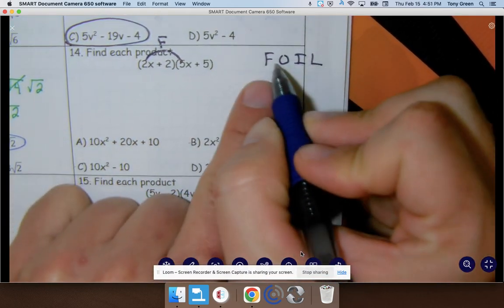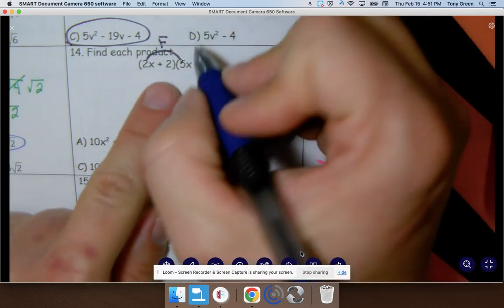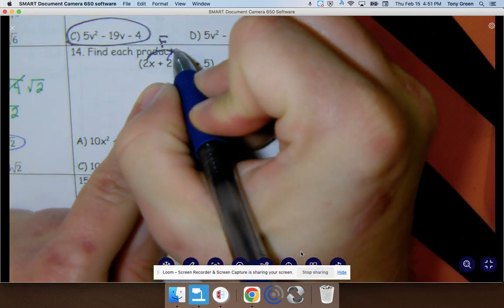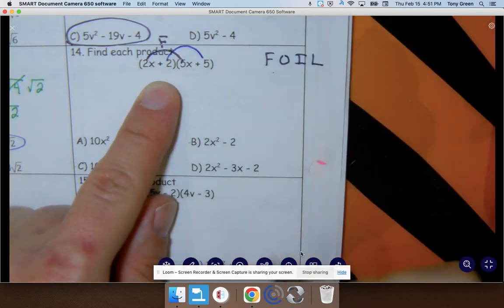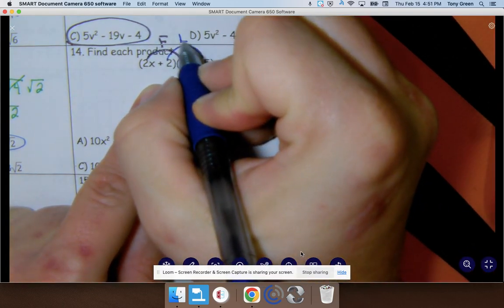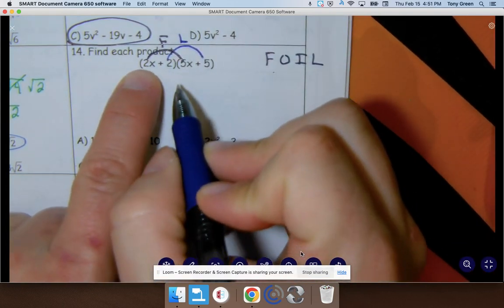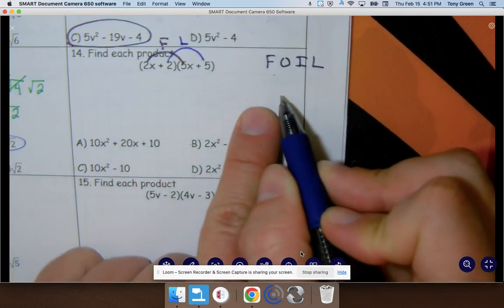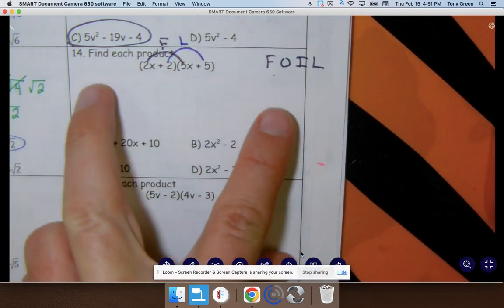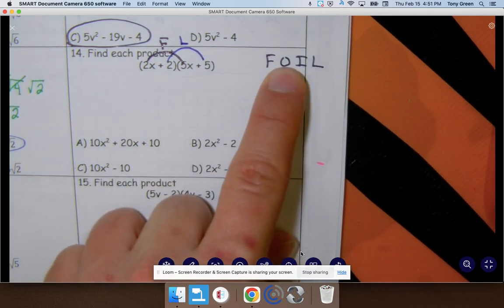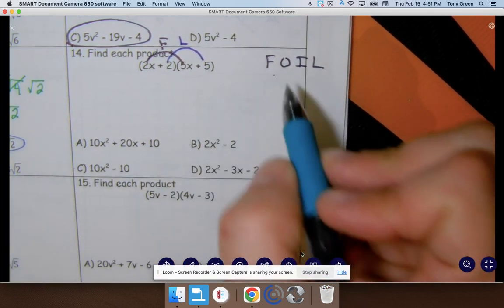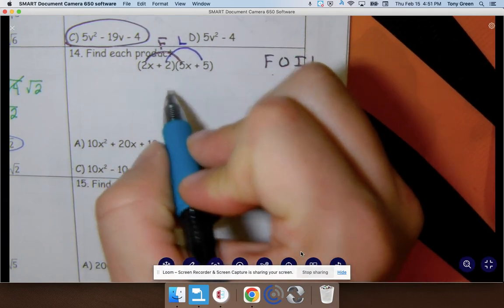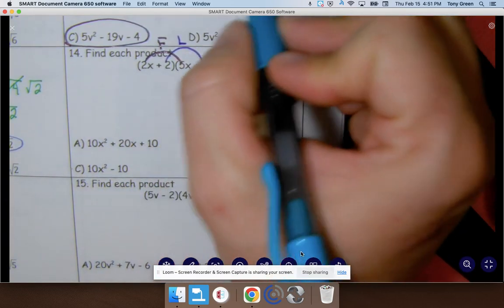I usually do the first term and then the last term because they don't get combined with anything. The last terms in the parentheses is your L. So 2x times 5x will be your first term, and then 2 times 5 will be your last term. I do those first because the outside and the inside term are actually going to combine to be the middle term